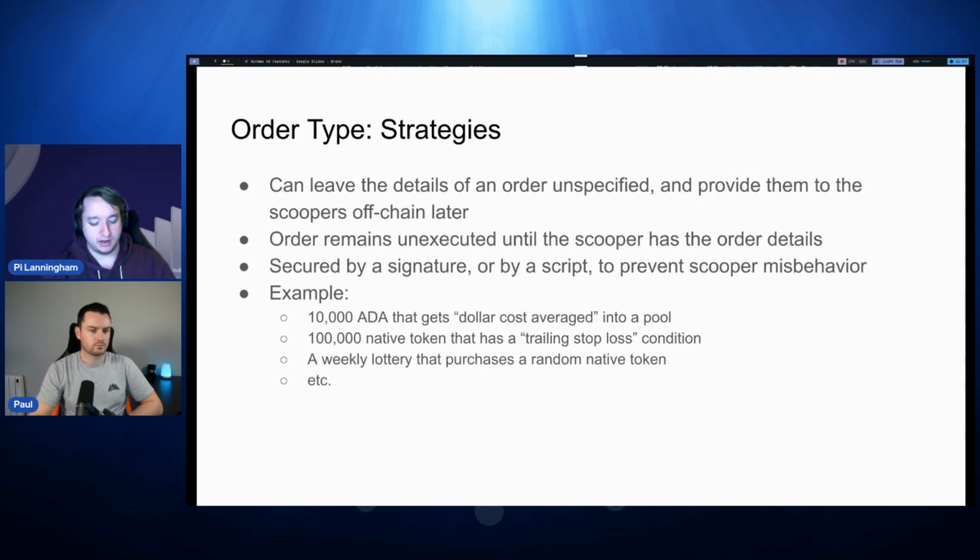So, for example, you're not trusting somebody with your funds in the sense that they can't cancel the order and take the funds for themselves. They can't change the destination, like where the result of the swap has to be sent. And they can't change what pool you're executing against. So they can't say, oh, you specified that you wanted to swap against the ADA Sundae pool, but we're actually going to buy a bunch of this dumb meme token.